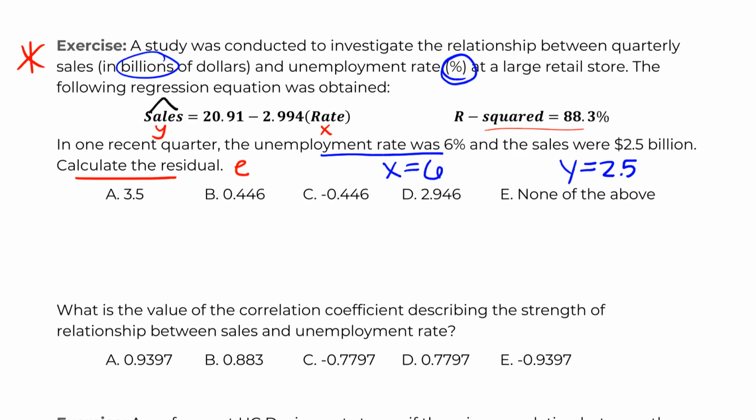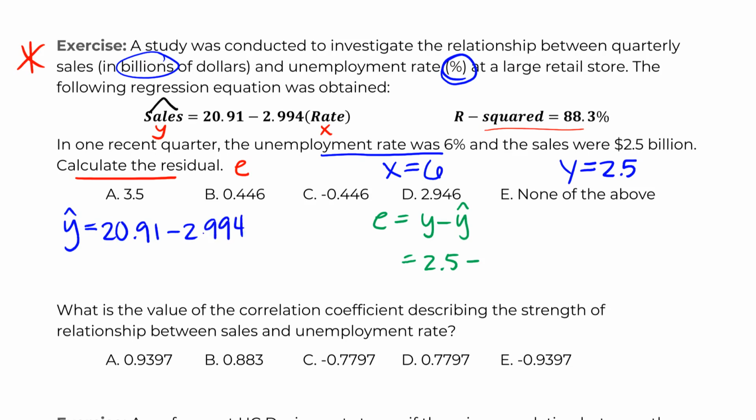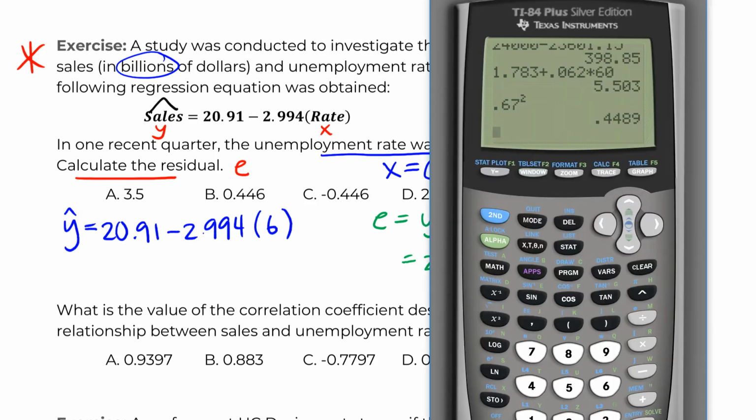And if we remember correctly, this is a two-step problem. If we didn't, we would still have written this down and then been like, oh crap, I need Y hat, and it would have reminded us that we were doing the two-step question. So we've got the 2.5, and we just need to do step 1, which is Y hat is equal to... all we need to do is plug in our X, pull up my calculator, and have it do all this. So much faster with a real calculator. All right,